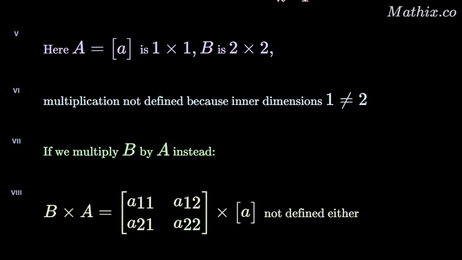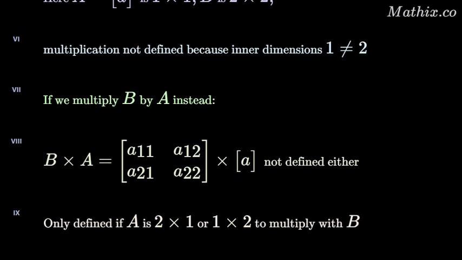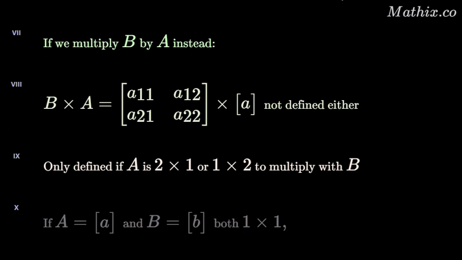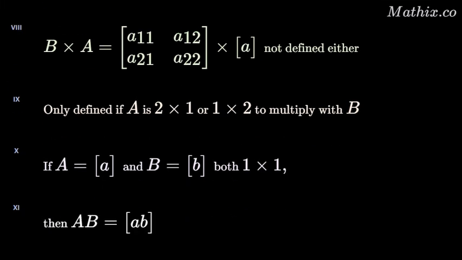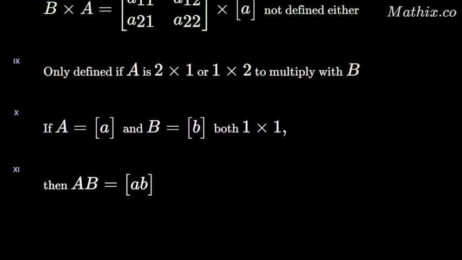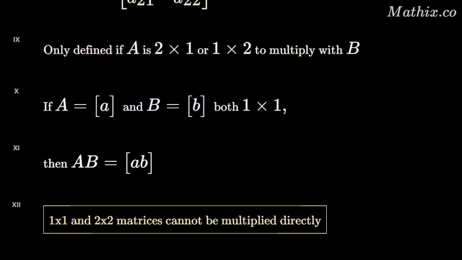This is because the inner dimensions must be equal for matrix multiplication to be valid. The 1 by 1 matrix acts like a scalar, but it cannot multiply a 2 by 2 matrix as a matrix product. To multiply a 2 by 2 matrix by a matrix, the second matrix must have 2 rows or columns accordingly. If you want to multiply a scalar by a matrix, treat the scalar as a number multiplying each element. In summary, direct multiplication of a 1 by 1 matrix and a 2 by 2 matrix is not defined